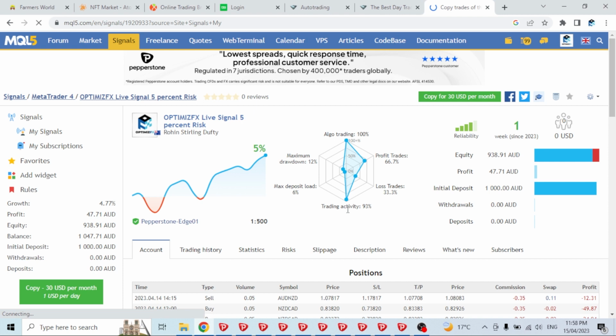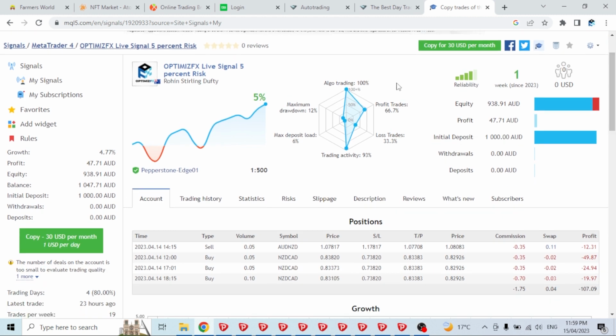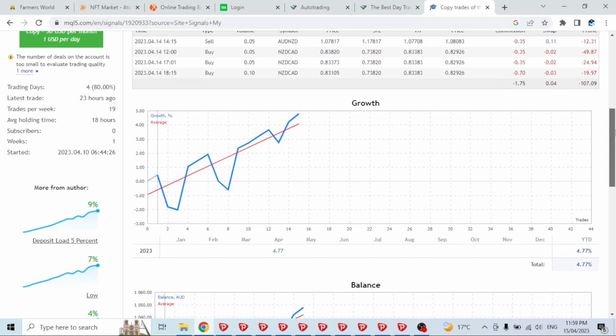And the very last one, which I'll end the video with, is the live signal that I started 1 week ago, using my own kind of strategy for profits. Now we've hit 12% drawdown. We've made 5% in the week, and we can see we've got a nice squiggly line going up. But currently we're down $107 on the $1,000 account, and we've made $47 in the week, which is not amazing,